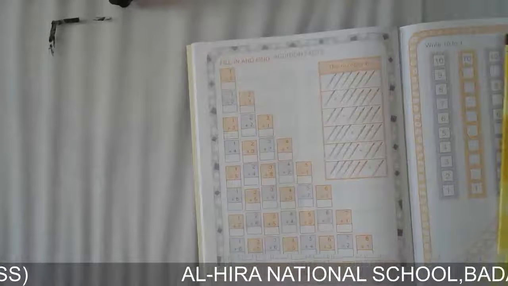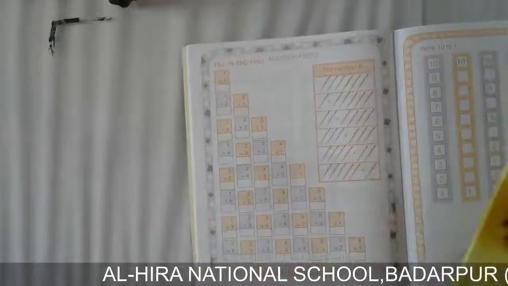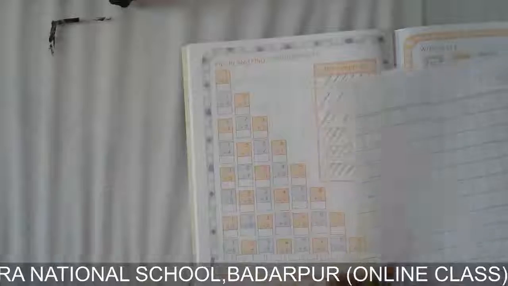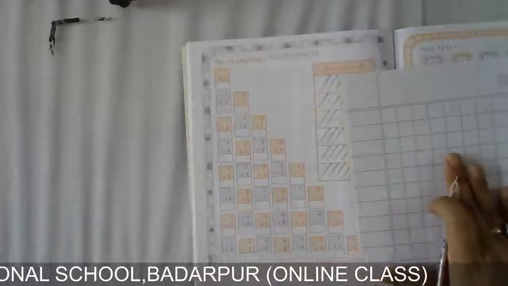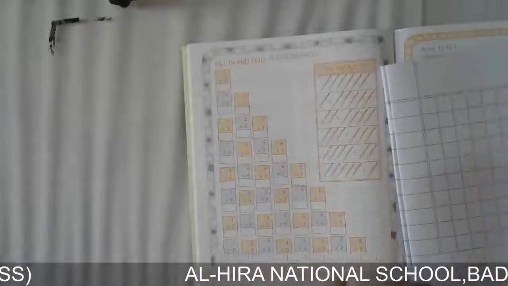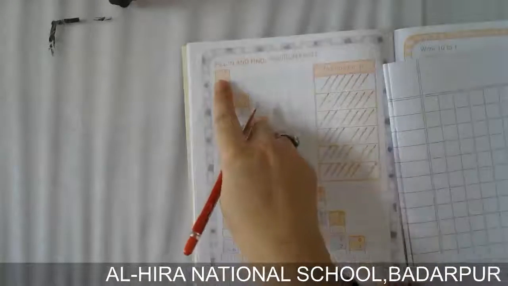You also take your book, and along with your book take your copy. Take a square ruled copy. A square ruled copy is for doing maths. Take your square ruled copy and do the addition. I am going to do it for you here. What is given here? 1